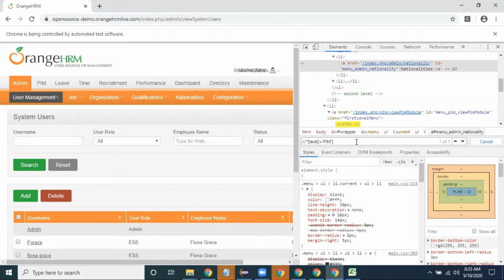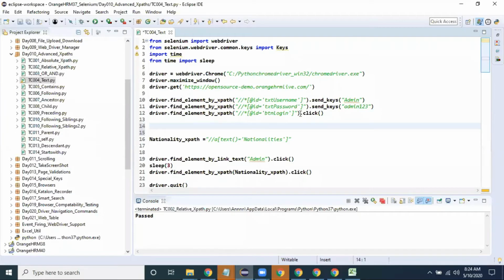So this rule can be applicable to any of the hyperlinks or any of the labels on the web page, and you can easily identify them. Here admin is identified, previously admin was identified 5 times, 1 of 5. So this is also one of the techniques to identify web elements with XPath. Is this clear?